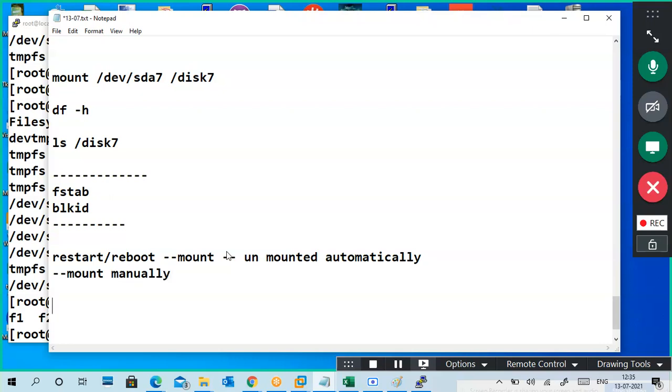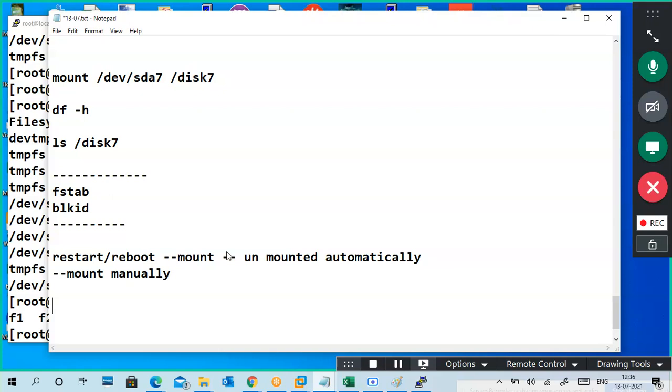For example, you have some important data, maybe system data. Maybe there are 10 mounts, 10 directories, 10 partitions, and 10 times you have to mount them. Very important data may be there, maybe server related data, or a particular service like a database service or a web service. You cannot always mount manually and start the PC again and mount it using a mount command. That is very difficult. So what to do?